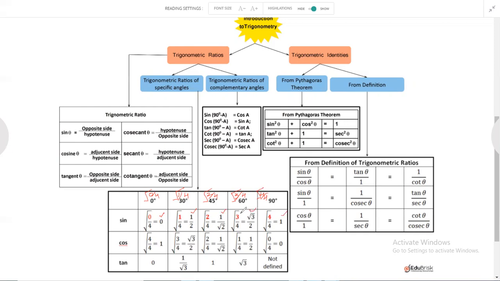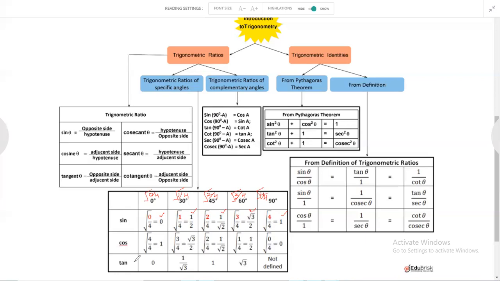So this is an easy method to remember the trigonometric ratios, especially sine, for the angles 0, 30, 45, 60 degree and 90 degree. Now for cos, how do we write? Once we got these values, write the same values in the reverse order. So starting with 1, then this value root 3 by 2, then the middle value 1 by root 2, then this 1 by 2 and last this 0, right?